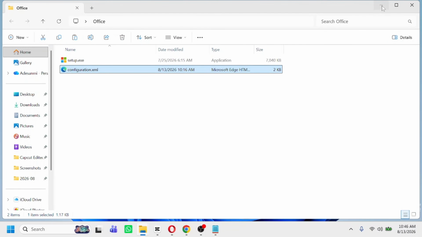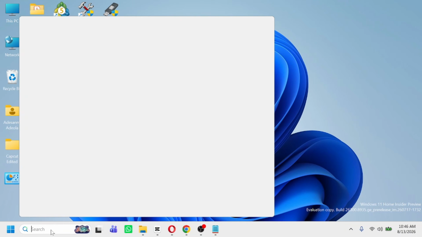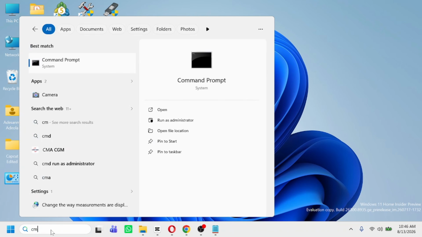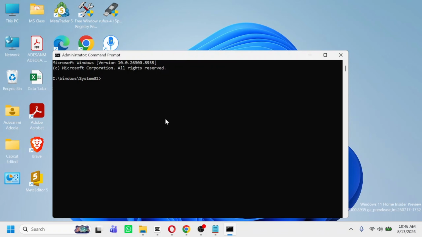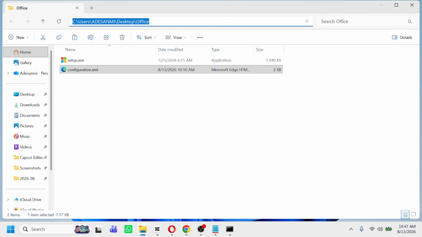Now that I've pasted it here, then come over to this place. Type cmd on the command prompt. It brings up this, right click here, run as administrator. Click on here, see if it comes out. Then here type cd space. Then open this Office folder, copy this,